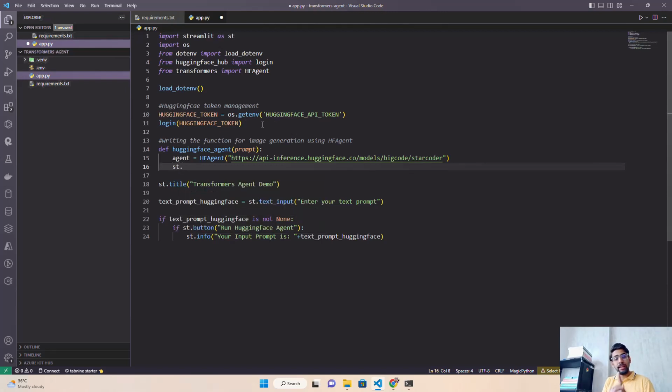Maybe you can find that in my GitHub repository. I will give the code for both the most used backends, OpenAI and Hugging Face agent, in this case. So let's write here something: StarCoder is